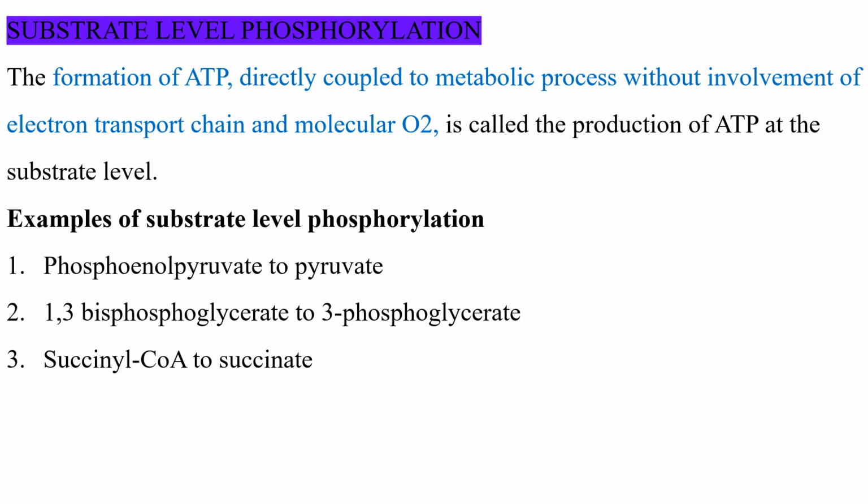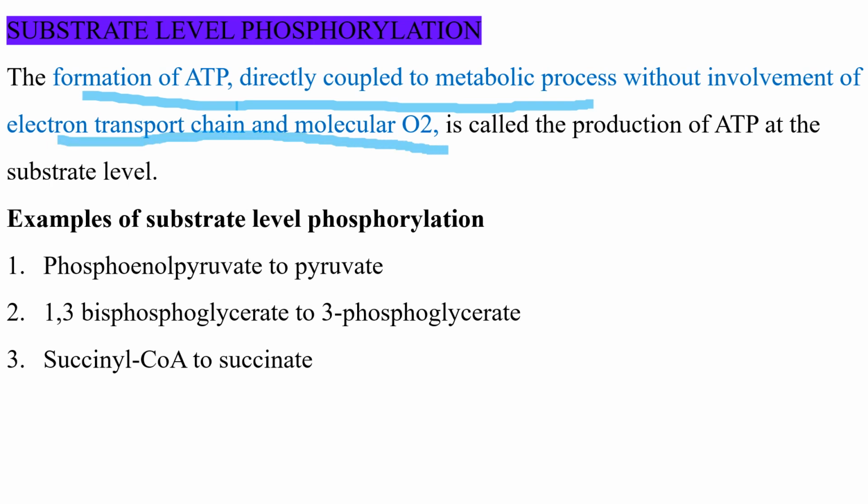What is substrate level phosphorylation? In substrate level phosphorylation, formation of ATP is directly coupled to the metabolic process without involvement of the electron transport chain and molecular oxygen. It is called the production of ATP at the substrate level. So in this reaction, when ATP is generated without entering into the electron transport chain, it is known as